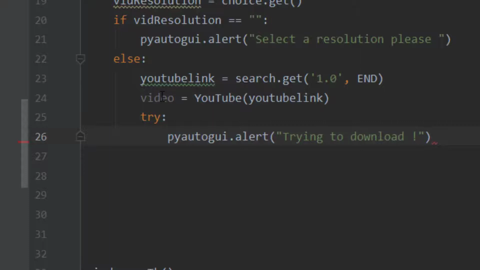And here there is a little problem with pyAutoGUI, because unless you click on that OK button, it's not starting. So make sure you hit